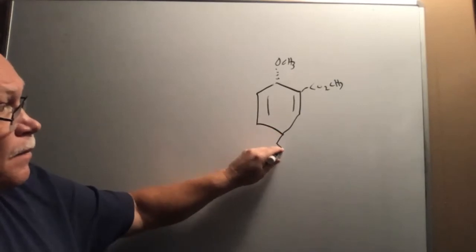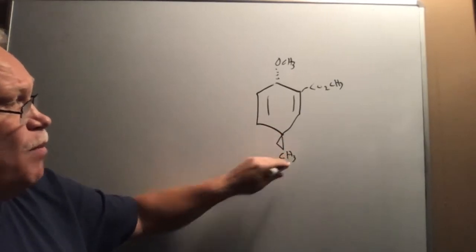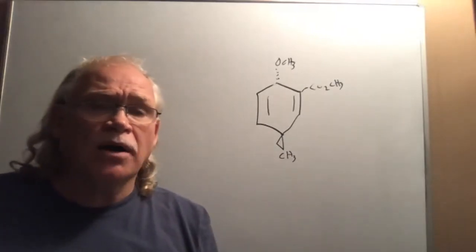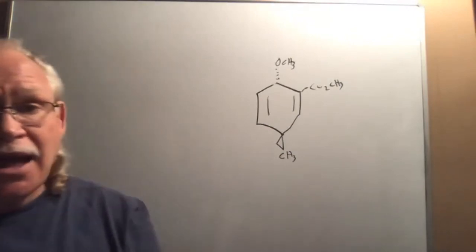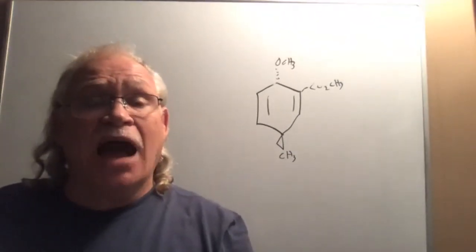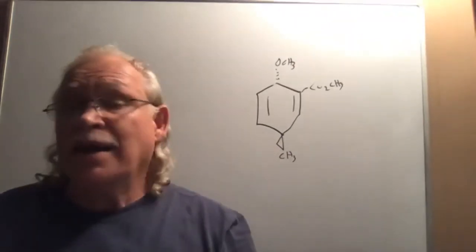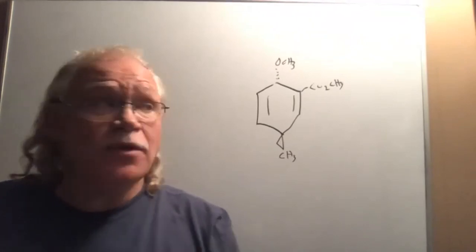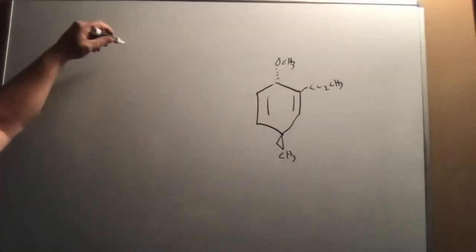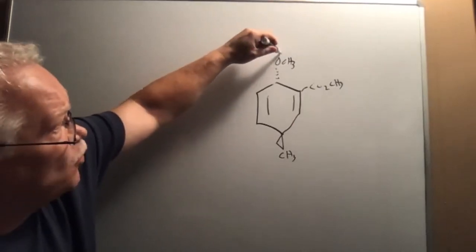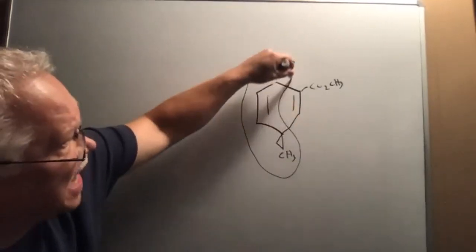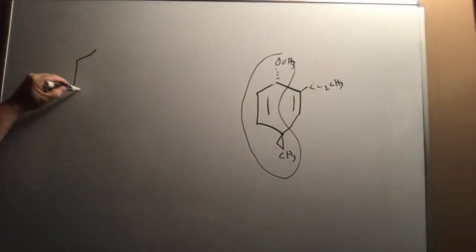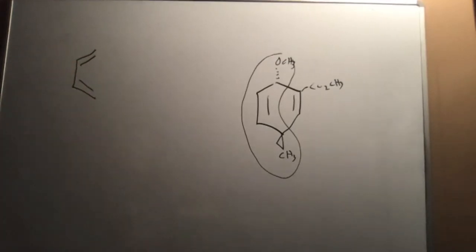Now, when you have 2 double bonds in the product, where did the second double bond come from? The second double bond came from, instead of having an alkene, you had an alkyne. Okay? Now that could possibly happen on the test. So when you have that, watch what I'm going to do. I'm going to initially let this be my diene and that be my dienophile. So notice if I do that,